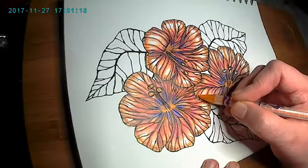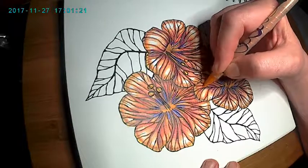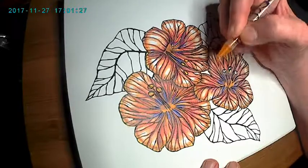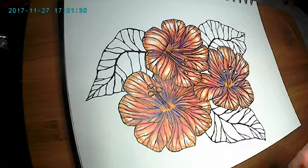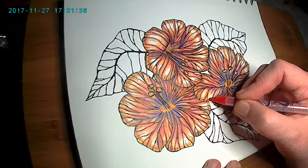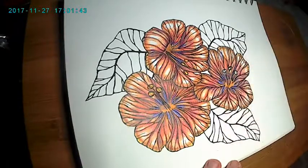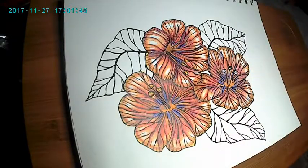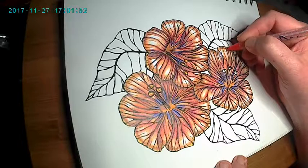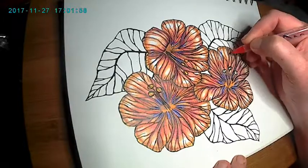I'm using melon to kind of soften some of the red I just added. It came on a little harsh, so I'm just softening it out. Like I said before, I don't use anything for smearing the color or the wax around, except for a lighter color. That's what I use for blending. I don't use blending sticks or pads or cotton or